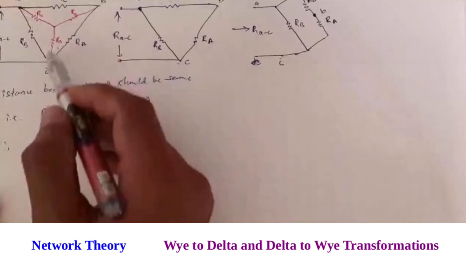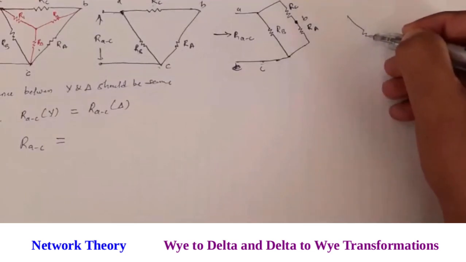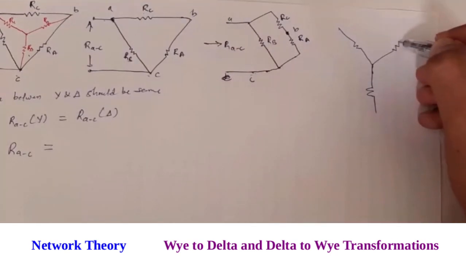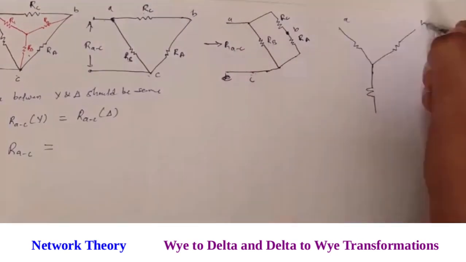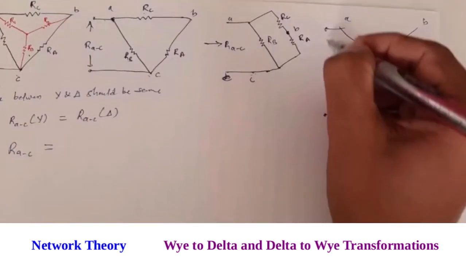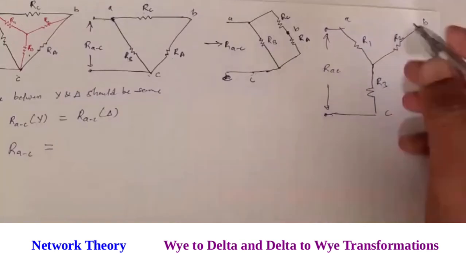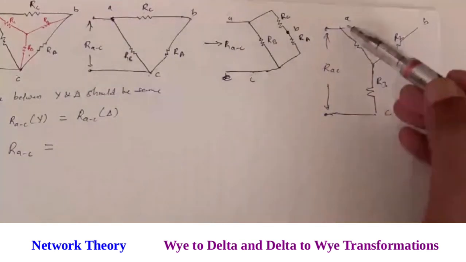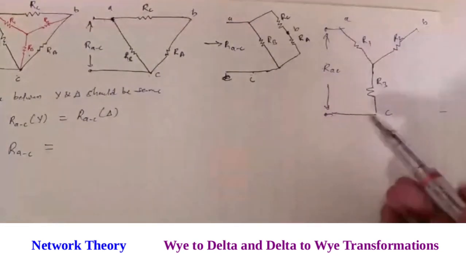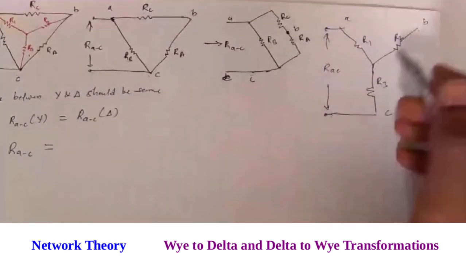This is R1, this is R3, because R2 will not be connected. If at all you see a Y network, it is something like this. Okay, this is A, this is B, and this is C. We are finding a resistance between these 2 points, which is nothing but RAC for a Y network. So this one is R1, this is R2, and this is R3. If I send any current here, it will flow through this part. Because this is not at all connected to this, it's as good as not connected. Means the current cannot flow through this.